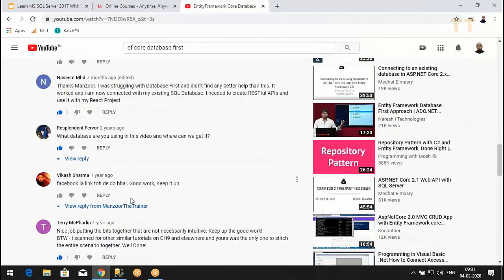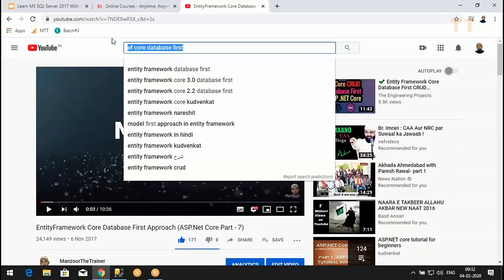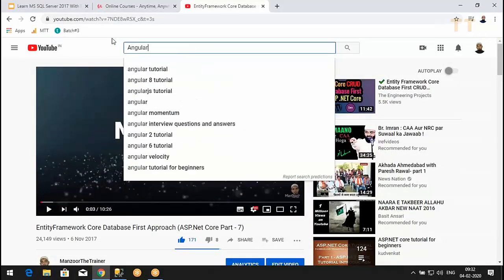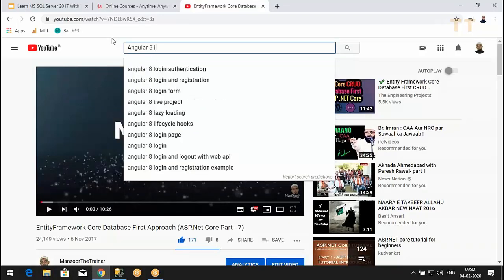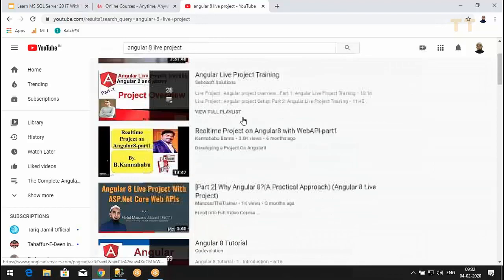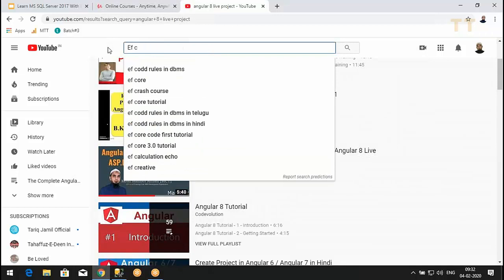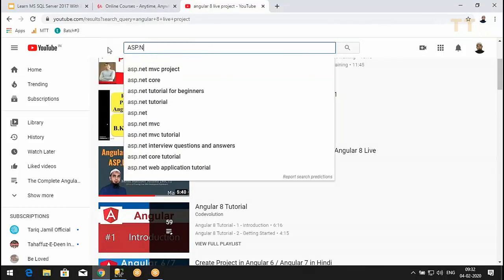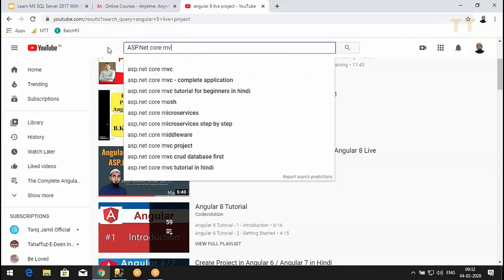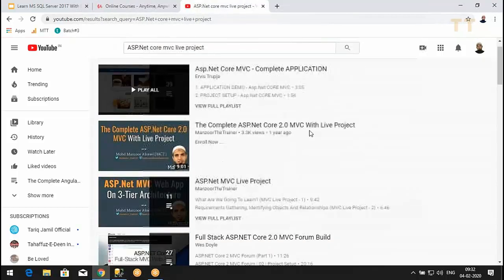I think Angular 8 live project, if you search, even that is on the top list. Top 10, top 5 you can say. And Entity Framework live project, ASP.NET Core MVC live project, or MVC live project you can also search. This should also be in the top list.